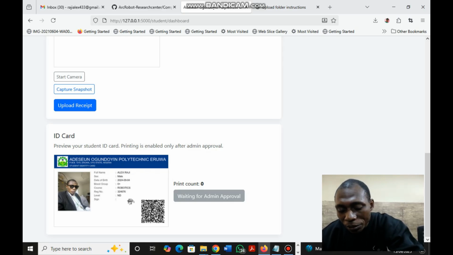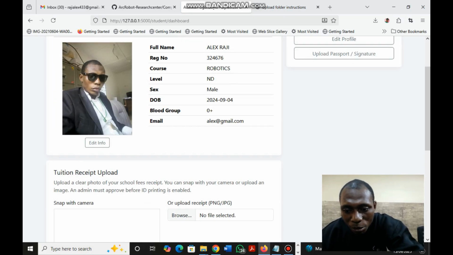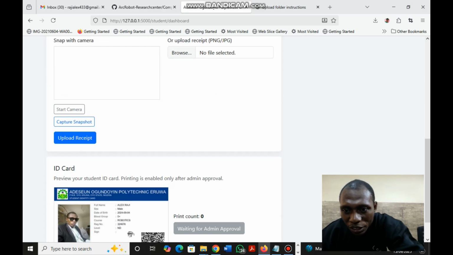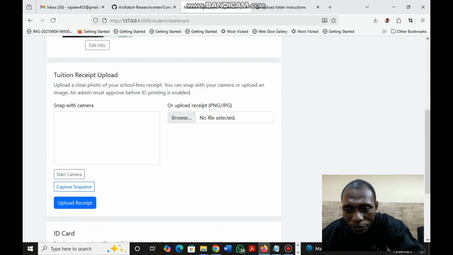But apparently now, this print count stands for the amount of time you have printed the ID card. So if you print once, you show one. If you print twice, you show twice. Now, before admin will approve you, you need to upload your school fees receipt or the matter field fees receipt to show that you paid the school fees before you can